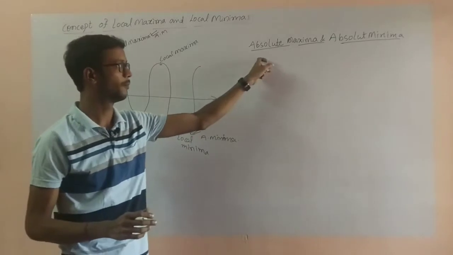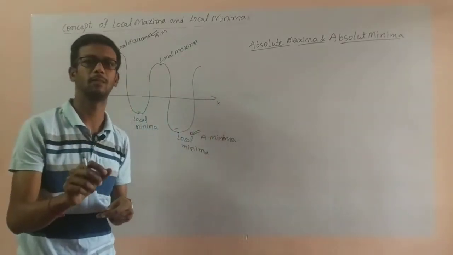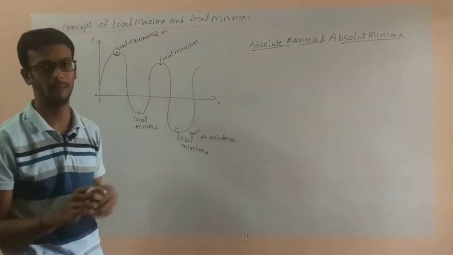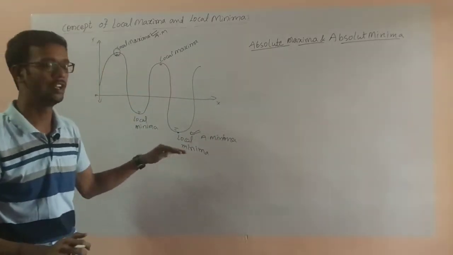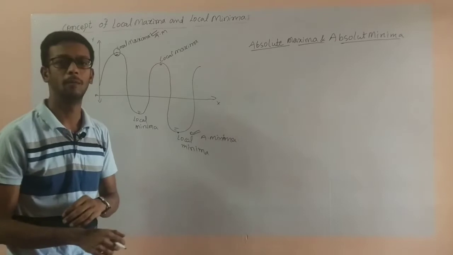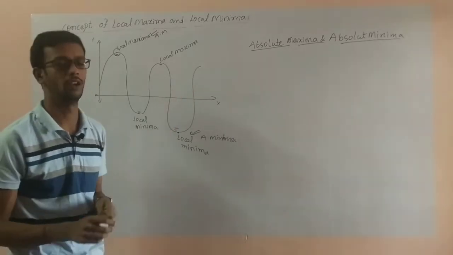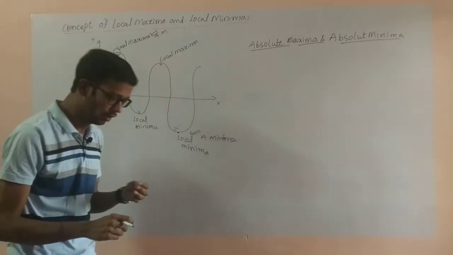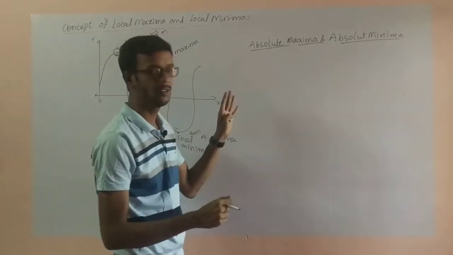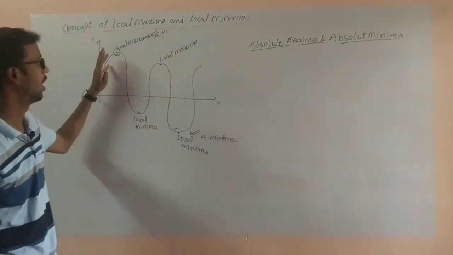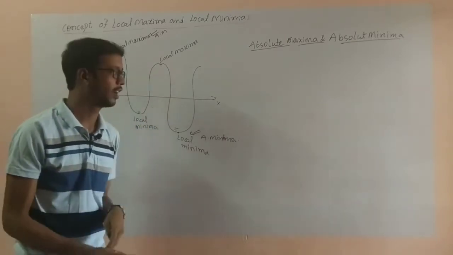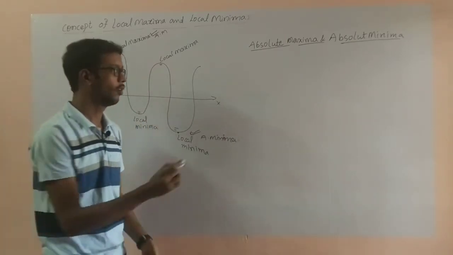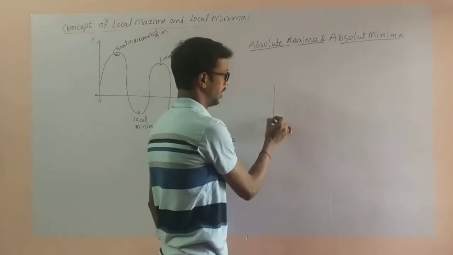Nothing simple here. Absolute maxima is nothing but the greatest value of the local maximas. Absolute minima is nothing but the least value of the local minimas. So now you see the graph here. Simply we are finding the absolute maximum value and minimum value. Now you can see one or two examples here.